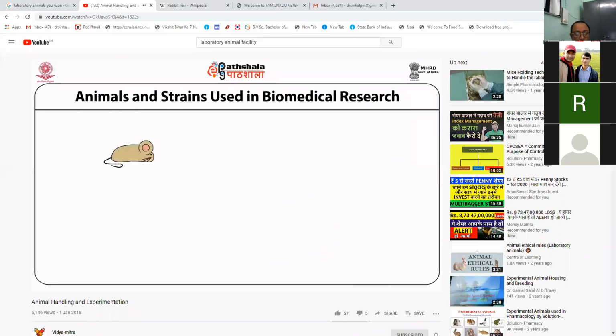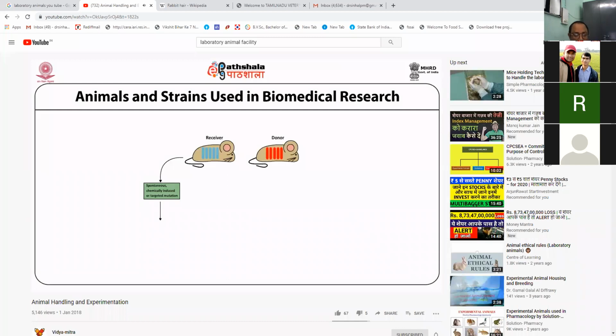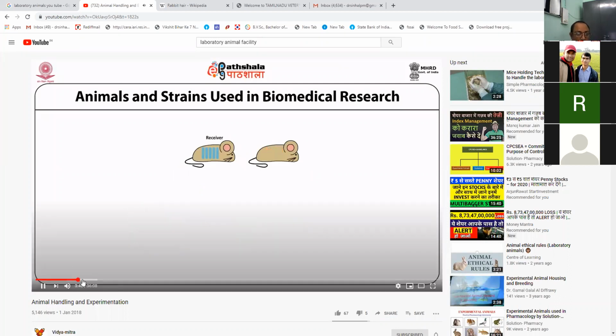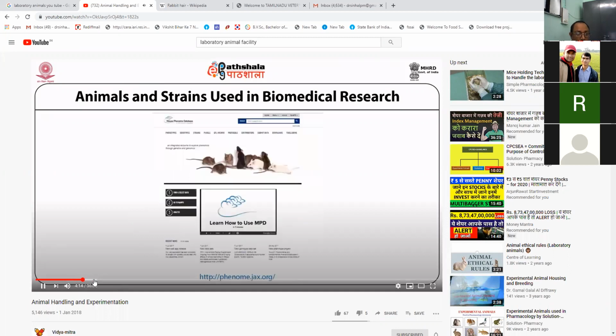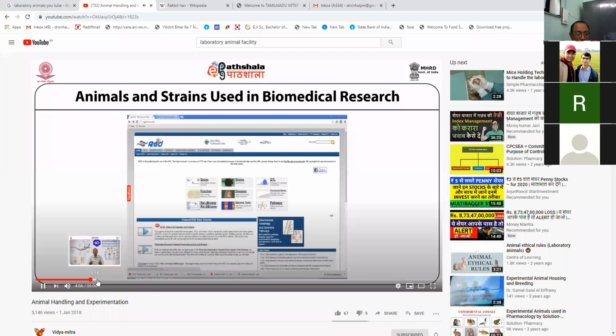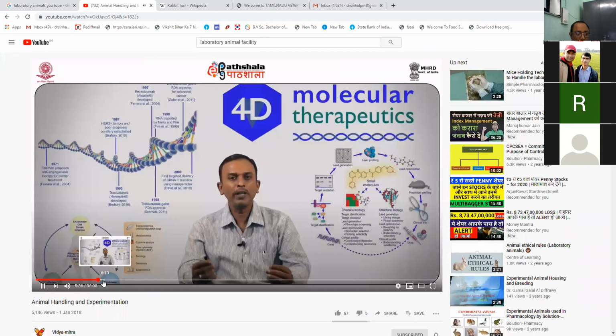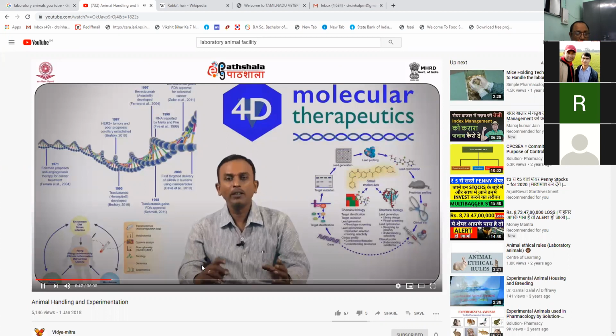This is a graphical representation to show you the varieties of inbred strains of mouse models. For example, if a recipient and a donor are in homozygous condition and bred for many generations, we can get an inbred mouse. When a spontaneous, induced or targeted mutation occurs in a particular inbred mouse, at a different segment, we could see the strains of all mouse strains available in the database, where you can take a mouse, and in the night it will be very active